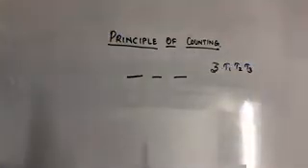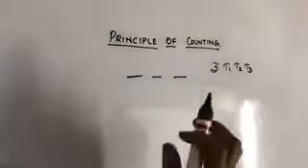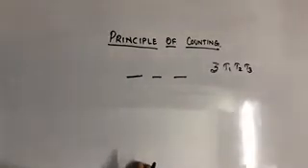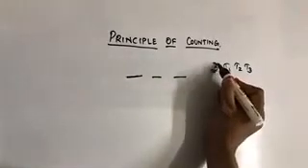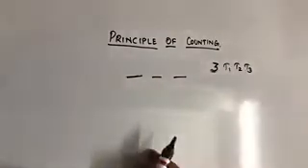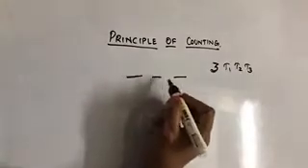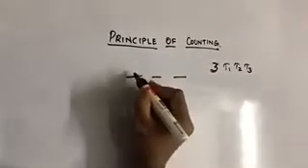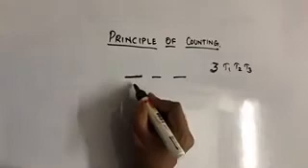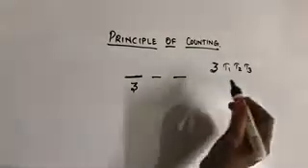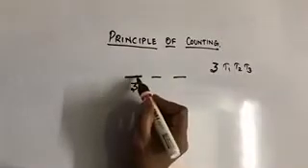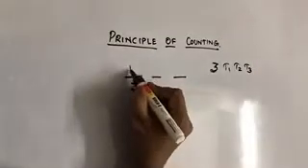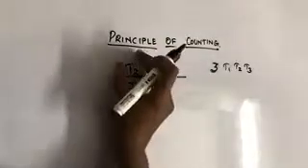Principle of counting. So this principle helps us to find out the number of ways to do a particular problem, the number of ways to solve a particular problem. Okay. So now I have 3 toys, T1, T2, T3, and I am going to keep them on my showcase in any order. Okay. So for the first place, I have 3 options. Either one of the 3 toys I can keep here. Suppose I keep T2 here. Now T2 is fixed.